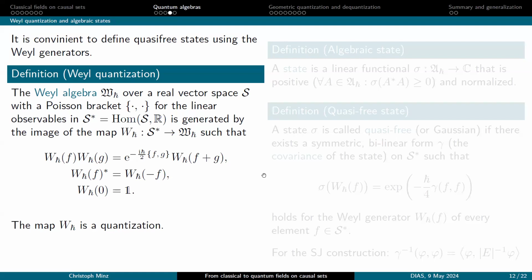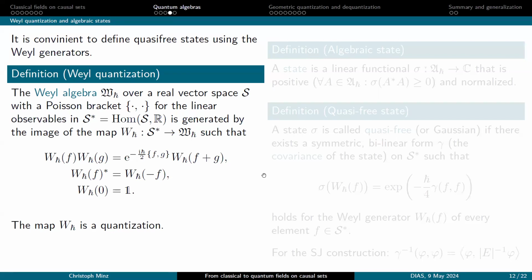for the setting of causal sets. And you have a Poisson bracket on that for the classical observables, the Poisson relation, and then you look at the linear observables in that space, which are essentially just a dual of this vector space, and they have to fulfill these conditions with this abstract map W_ħ. In fact, you can show that this ħ fulfills the conditions that we had earlier for a quantization map. So this is a quantization procedure